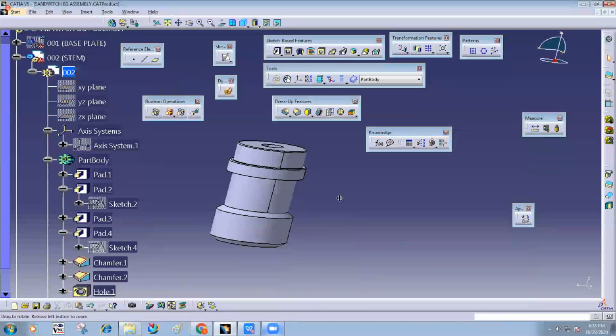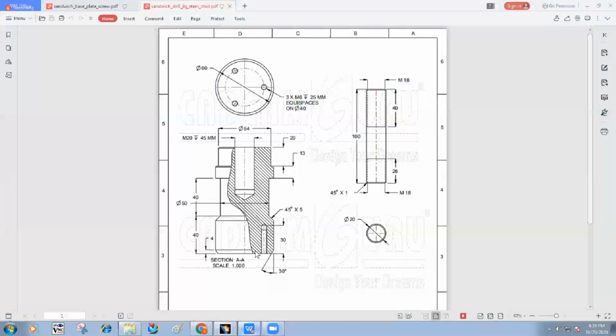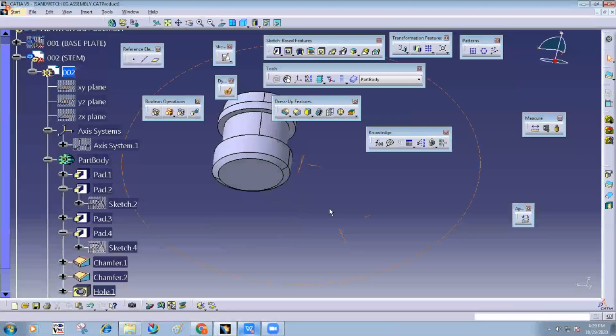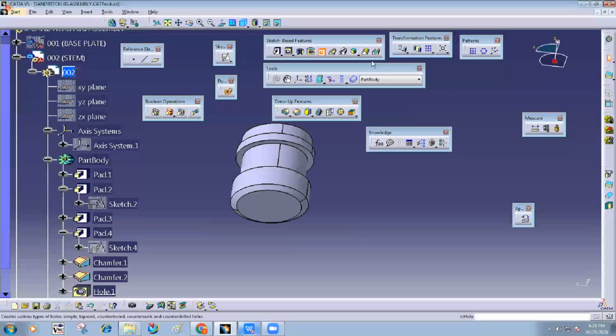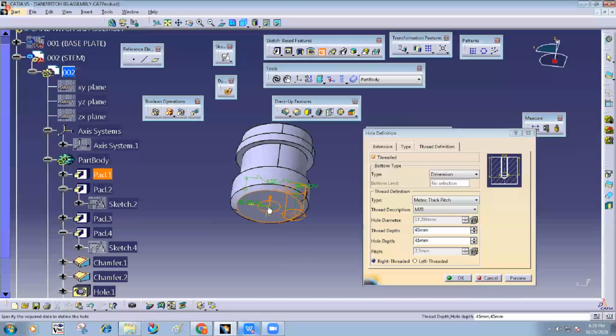Next hole is there, that is its size M6, 25 mm depth. So we create that command hole, select this face, you can place it anywhere currently.